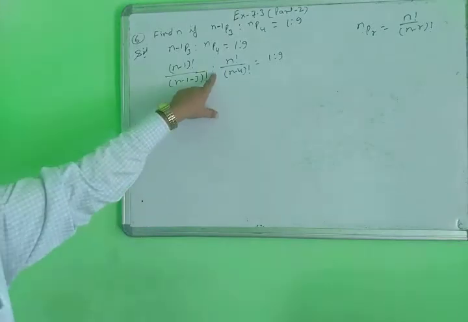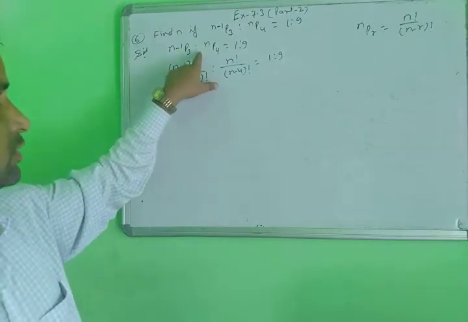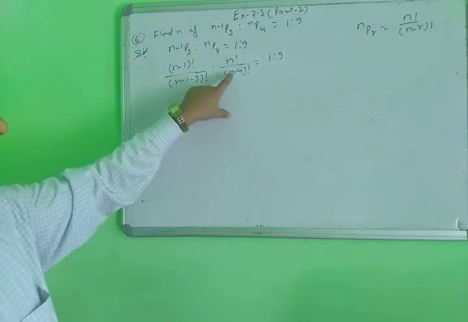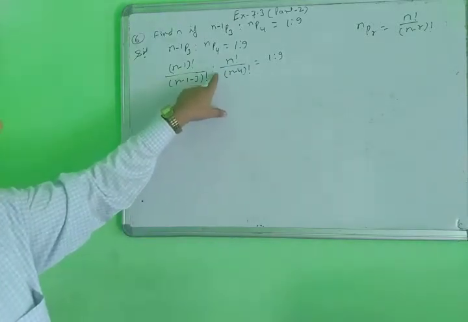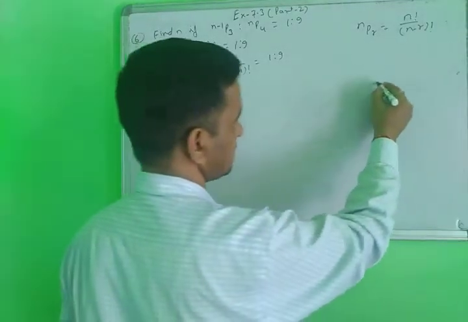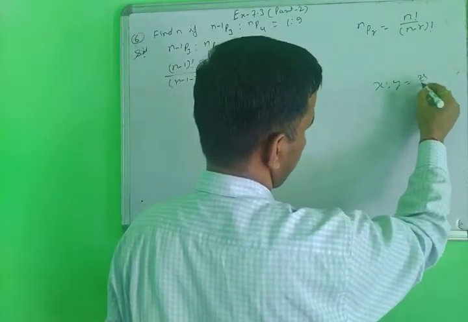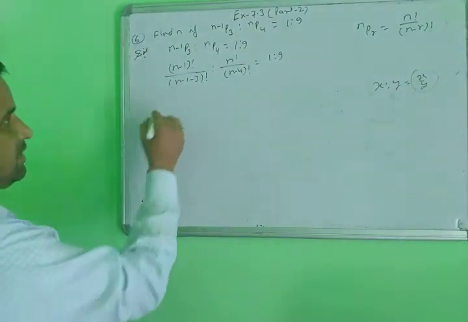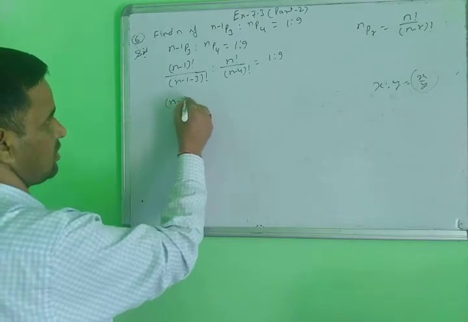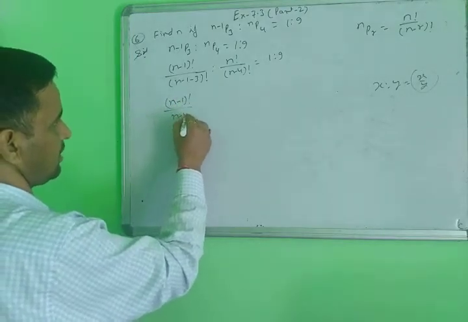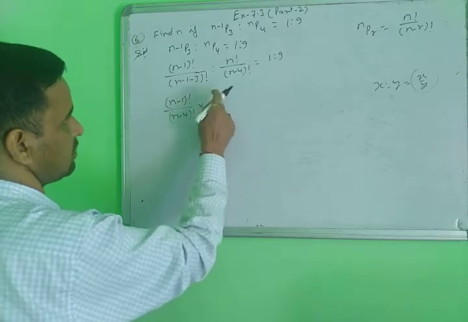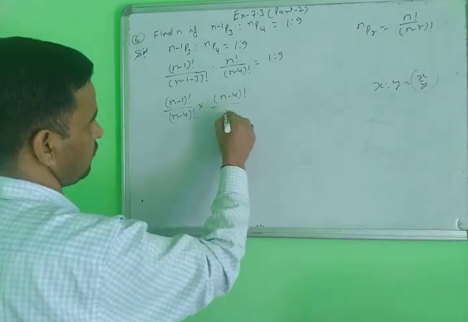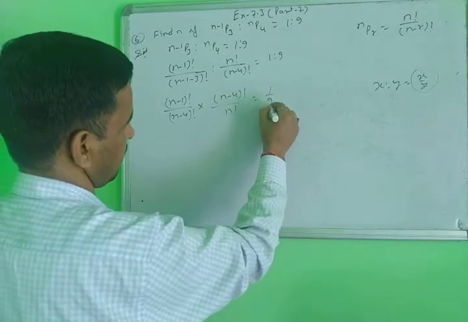This is the ratio form, not the multiplication form. This is the ratio, so write it as a fraction. After that, you take the reciprocal, which means multiplication. When you write this, it is divide. When you write x raised to y, it means x upon y. When you write the division form, then you multiply. Then factorial (n minus 1) upon factorial (n minus 4) will be multiplied by the reciprocal, factorial (n minus 4) upon factorial n, is equal to 1/9.